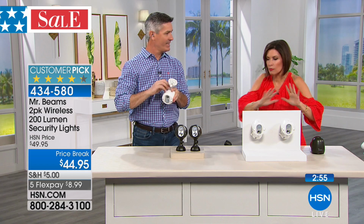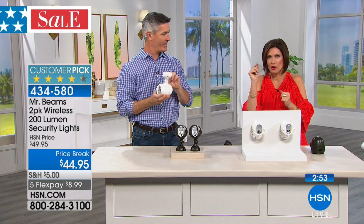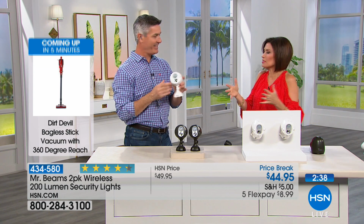Okay, there's nothing you have to do to connect these to make them work in tandem except put it on number one, make all the numbers match. If you want them to work separately, you can put one on number 1 and one on number 2. So you can use it, but then to be able to add up to 50 lights, it's incredible actually, to be able to do